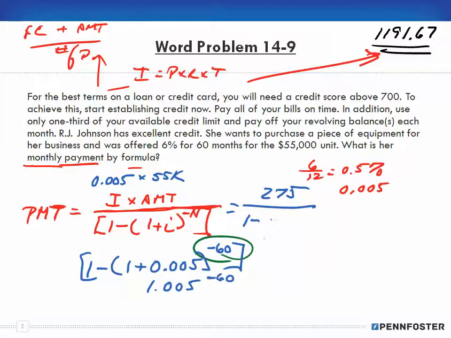That figure ends up being 0.74137. When we subtract that, we have 275 over 0.25863, and when we divide 275 by 0.25863, we end up with a monthly payment of